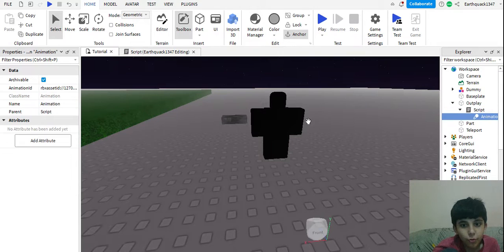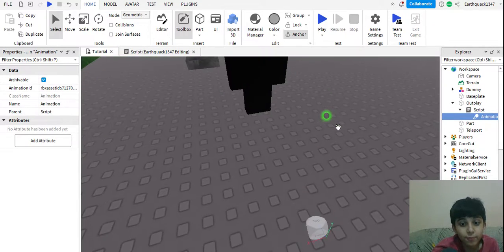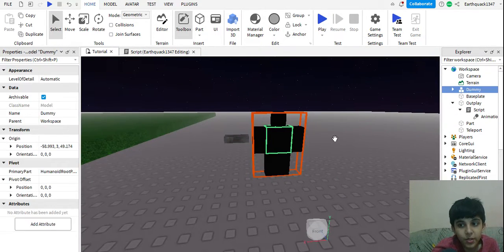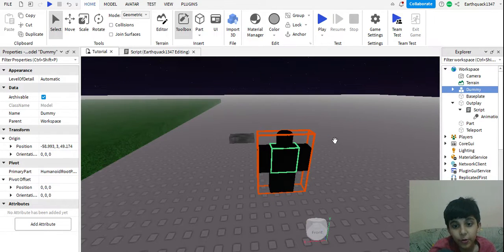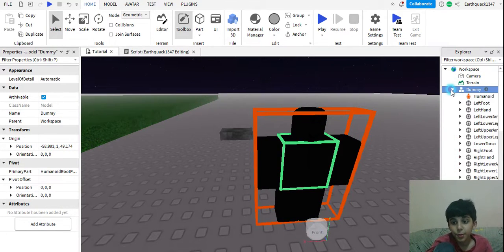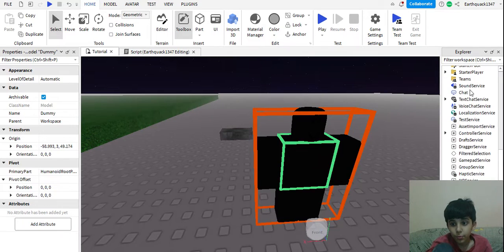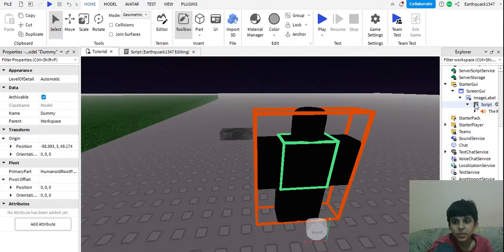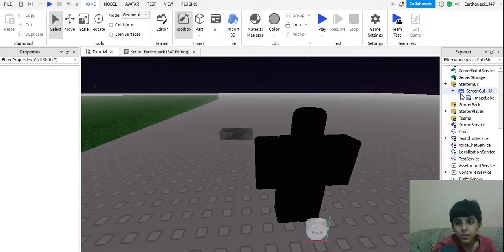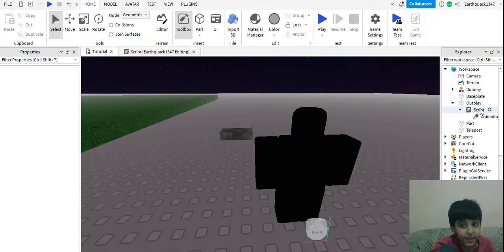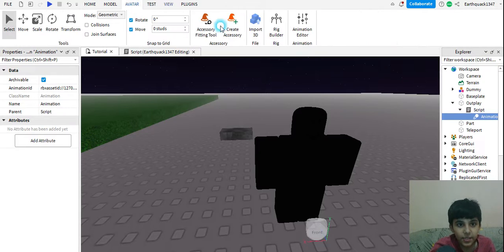So first of all, we're going to teach you how to make a robbery system. You know, we made the jump scare system, now we're going to make a robbery system. Let's delete that script here. Let's just delete everything in the started UI because we don't need anything. Let's create a new animation